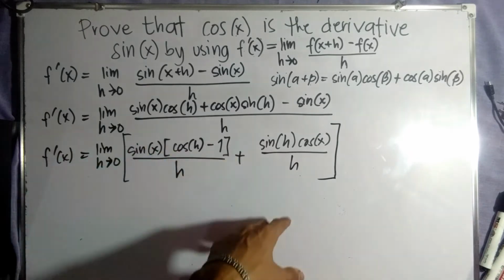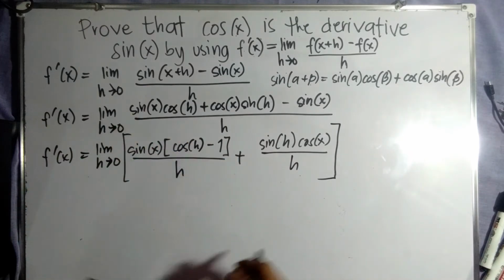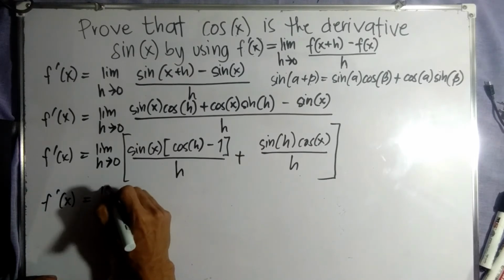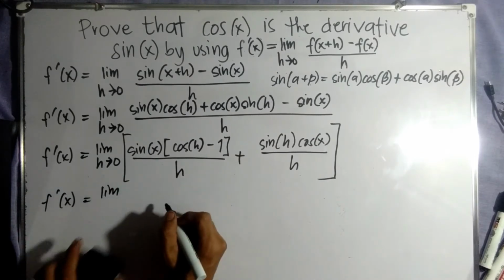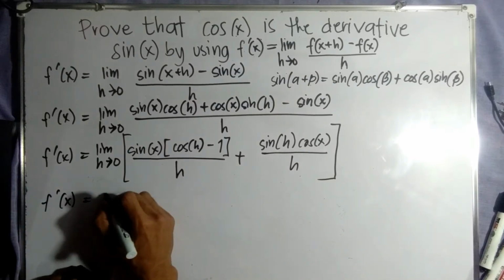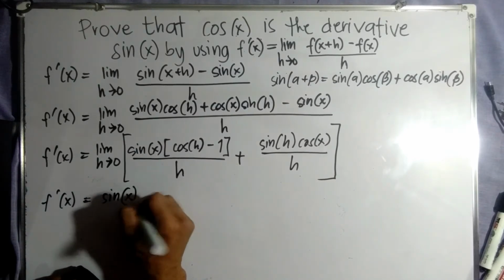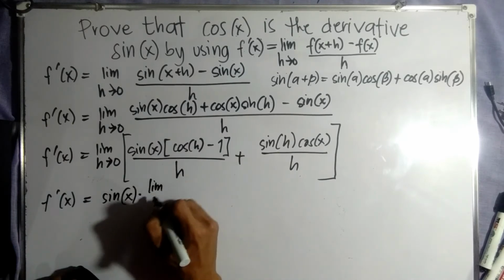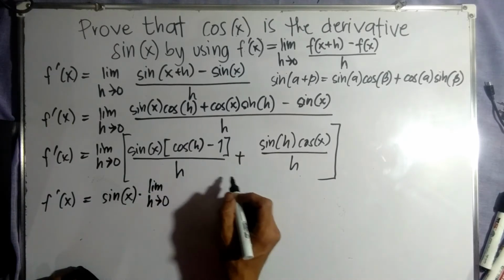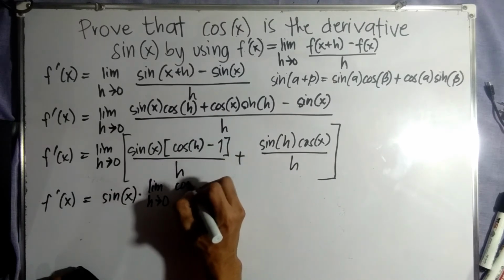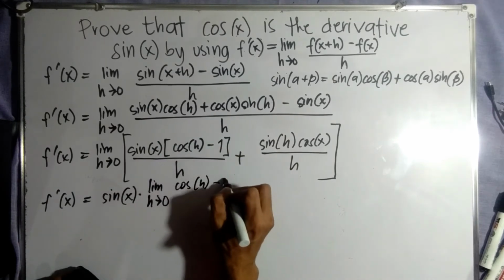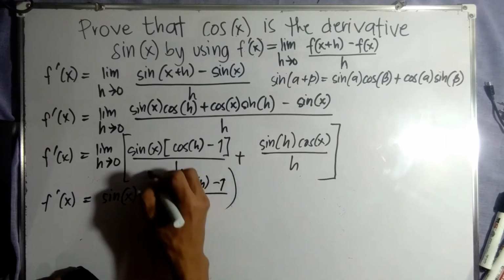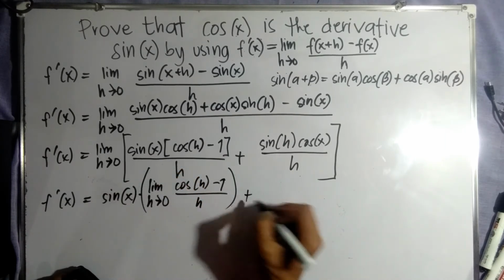So, by distributing the limit, para ma-evaluate natin, f prime of x is equal to the limit as h approaches 0 of sine x, labas na natin muna si sine x, times limit as h approaches 0 of this quantity, cosine h minus 1 all over h. Okay, yan. Multiply siya. Plus,